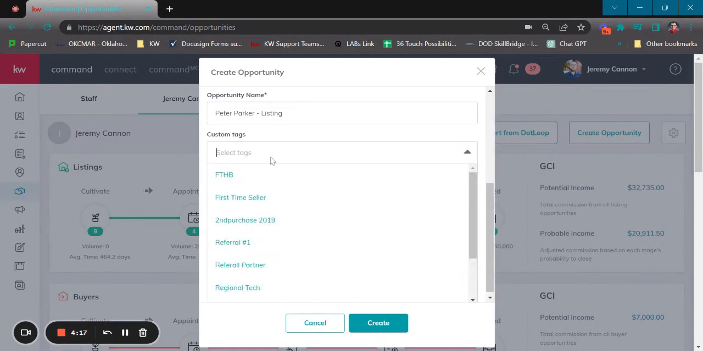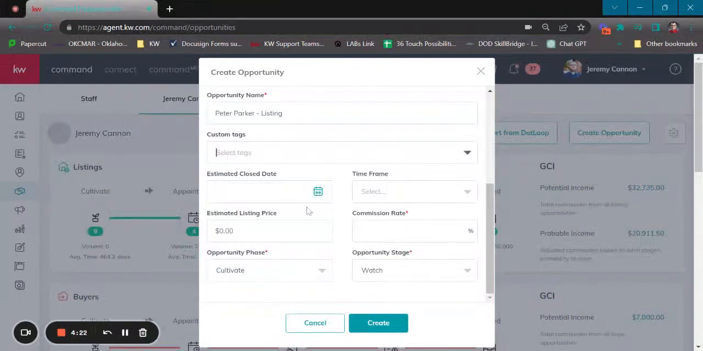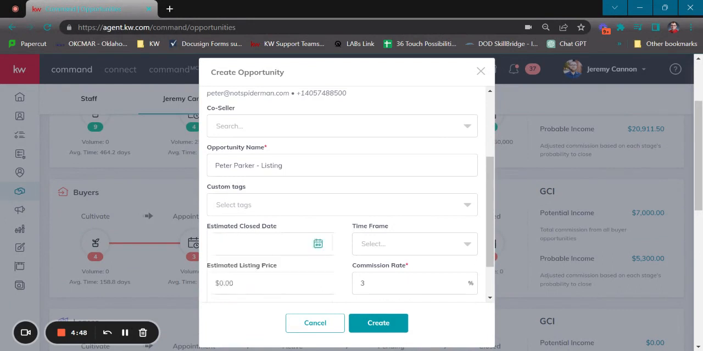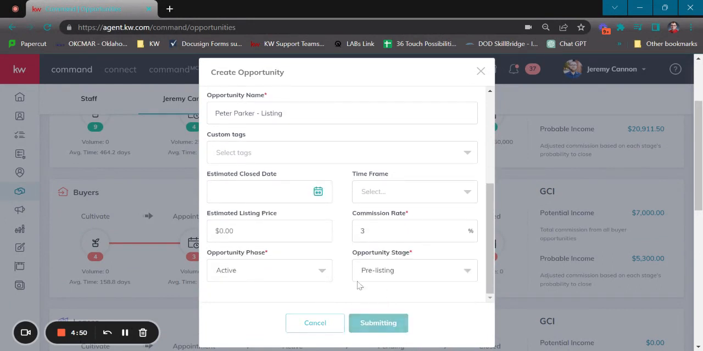Tags are a way for you to put labels on this opportunity. So maybe a first-time seller, first-time buyer, an investor, a past client, whatever makes sense to us, but this is not required. Neither are the next 3 sections. So if we've got that information, go ahead and put it in, but you don't have to. And especially for a buyer, we may not know their budget, or it'll be slightly different, but we may not know the estimated list price. Now, your commission rate is going to be your percentage. So typically going to be 3%, just our half. And then we're going to choose which phase and which stage we're starting in. And after I hit create, that's going to take me into my